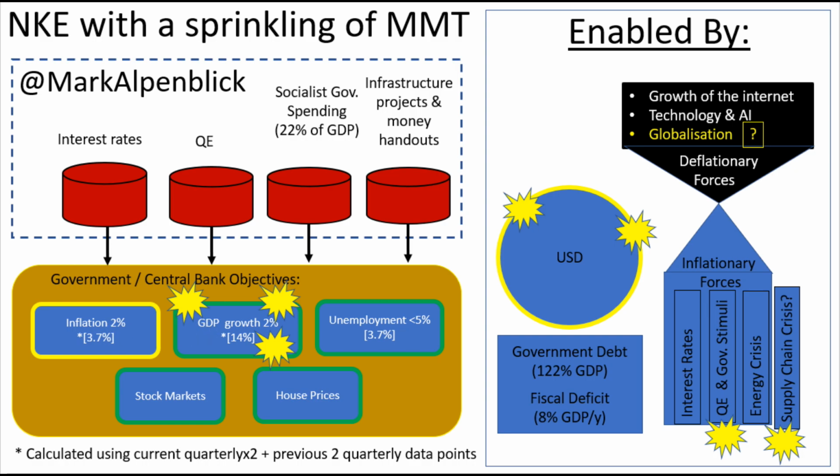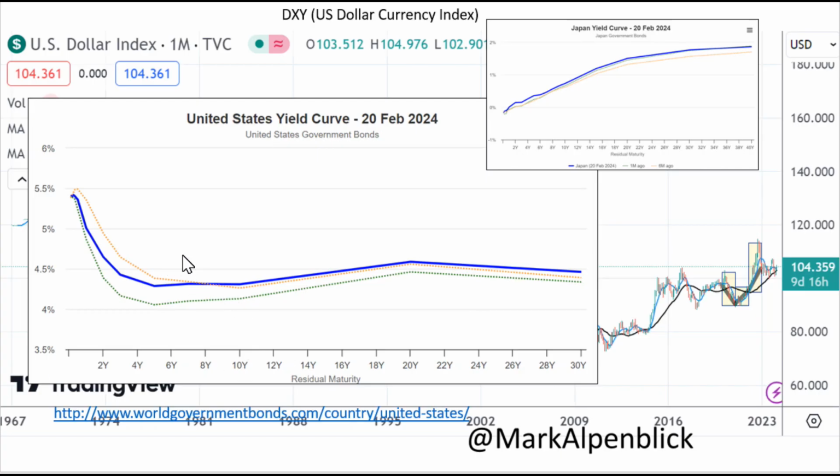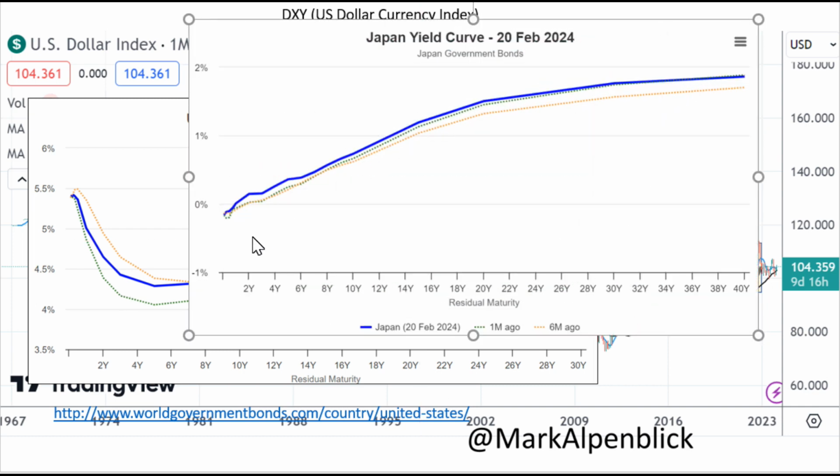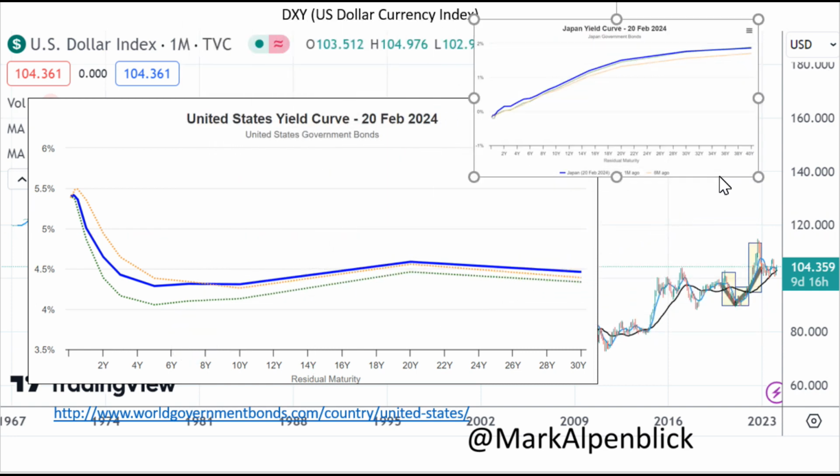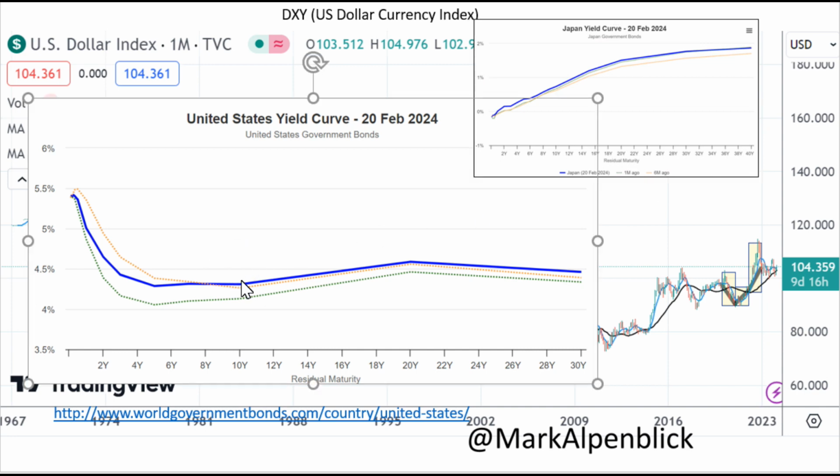So based on that, my expectations are that there won't be drops in interest rates in the US. There might be drops, but only small drops down to say 4%. And then we'll see the long-term rates going up. And so that's how I'm expecting us to get to a normal yield curve. Here's the Japanese yield curve, which is a normal yield curve. The US has an inverted yield curve, but I think it gets back to a normal one through going back